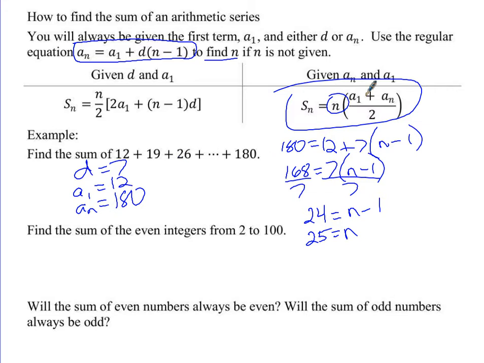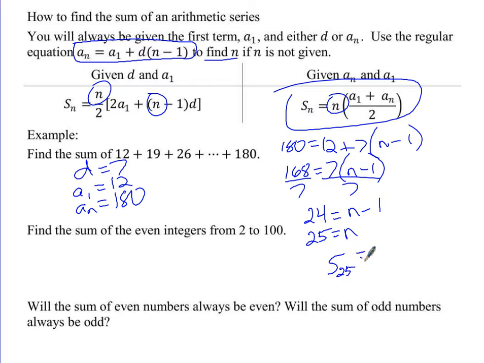And now we know everything that we need to know to use this formula right here. And notice, even if we wanted to use this formula over here, we had a sub 1 and we had d, but we did not have n. So we had no choice. We had to do this to find n. But now that we know n, we can go S sub what? 25